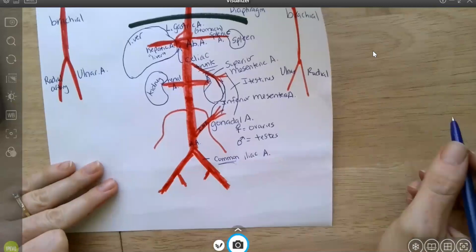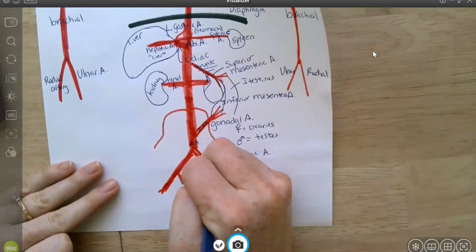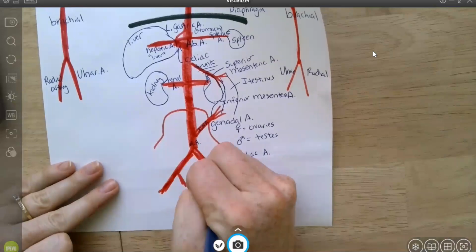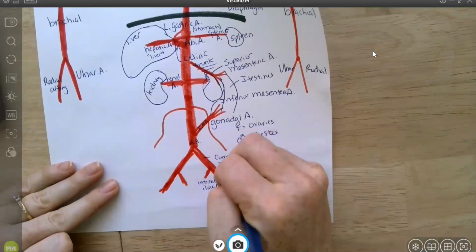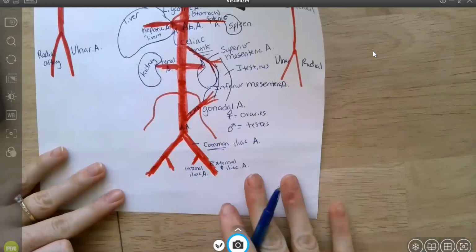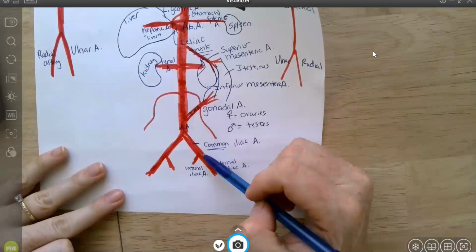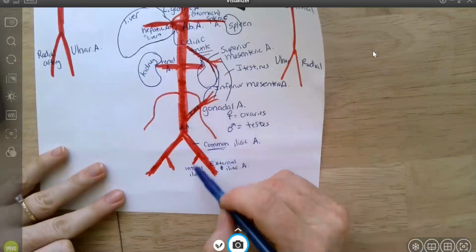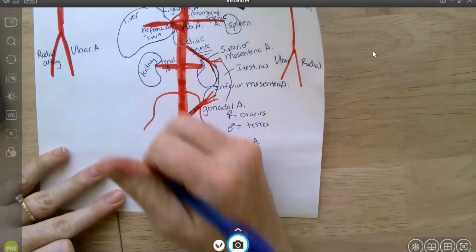and it's going to split into the internal iliac artery and then the external iliac artery. Okay, so abdominal aorta, common iliac artery, then internal iliac artery, external iliac artery, and then what happens here is